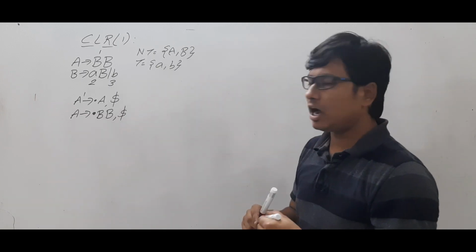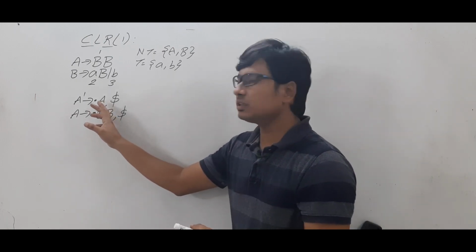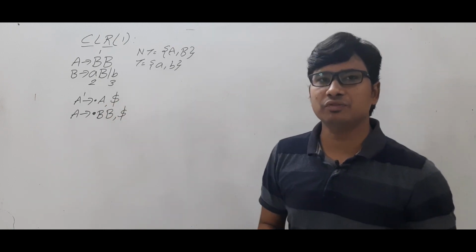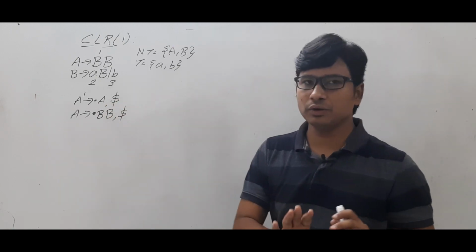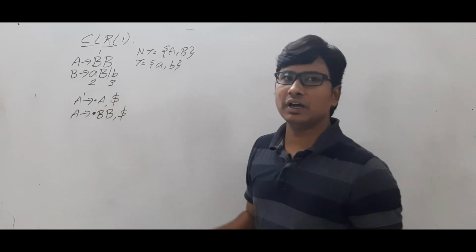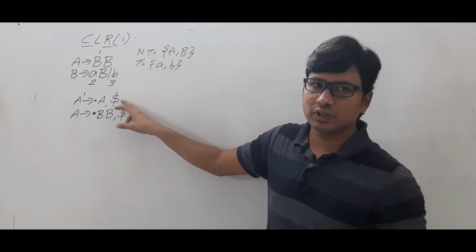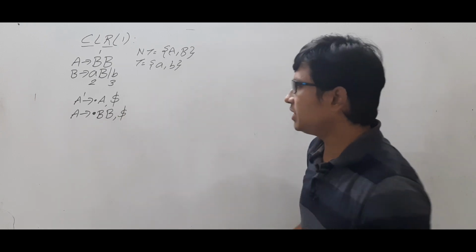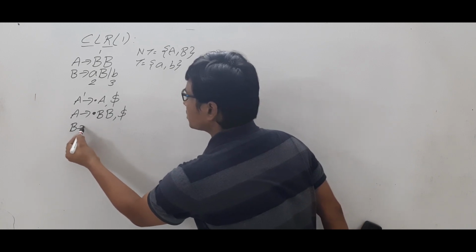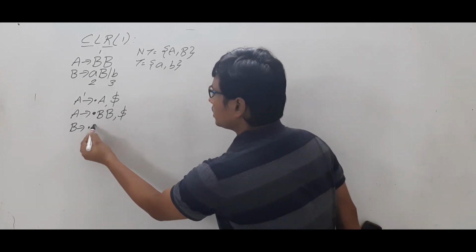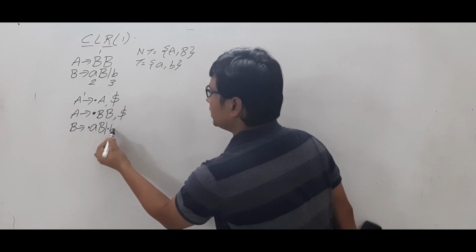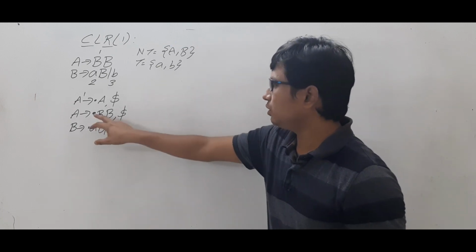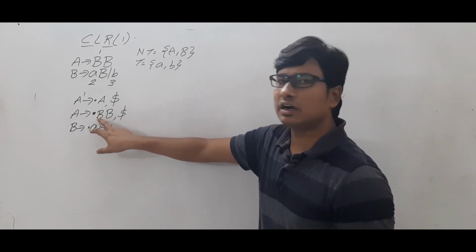See, I am keeping the comma to differentiate between the production and the lookahead. So don't think that after A there is a comma whose first you should compute. After A you have the lookahead which is a dollar. Compute the first of it. So you got the dollar here. Now again after the dot there is a B. So I need to compute the closure of it, which is dot A B or dot b. Now how to compute the lookahead for this one? You have written this one because of this B.